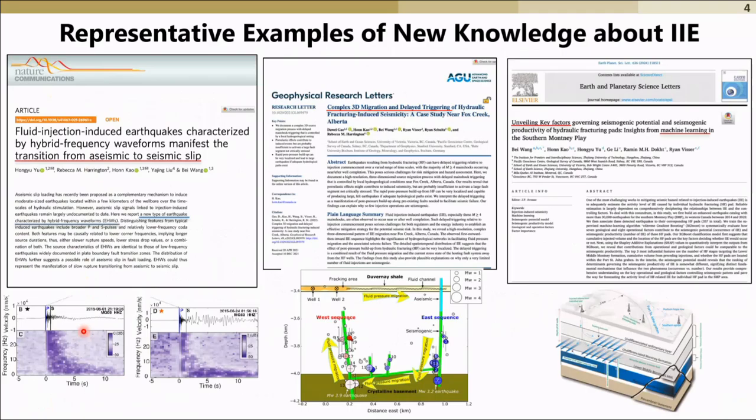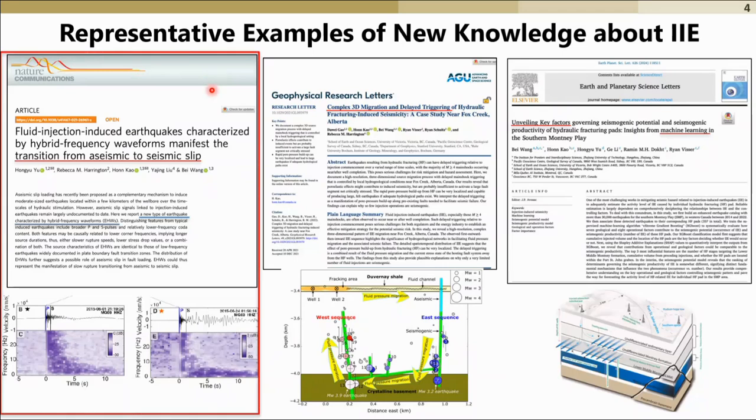Due to the time constraint, it is impossible for me to give a complete picture of all the new knowledge that we have produced during the past 5 years. So in this slide, I plan to showcase 3 most representative examples to demonstrate the scientific advances that we have